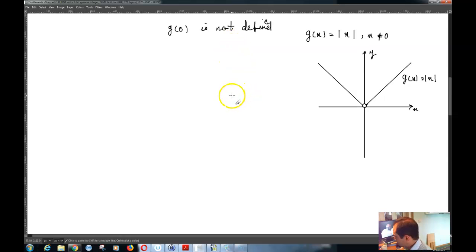Now if you compute the values of g of x for values of x very close to 0, we see that basically the value of g of x moves towards 0, meaning that if you get very close to 0, for example from this side, or very close to 0 from this side, for example, moving close to 0 from this side would be 0.1 or 0.01 or even 0.001 or 0.0001 and so on and so forth, getting closer and closer to x from this side, or